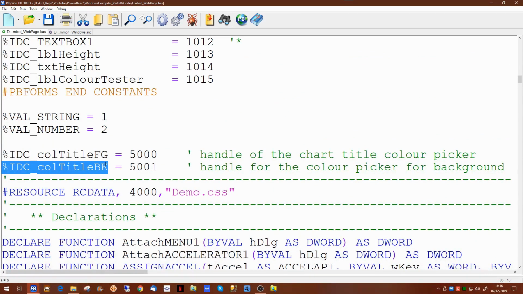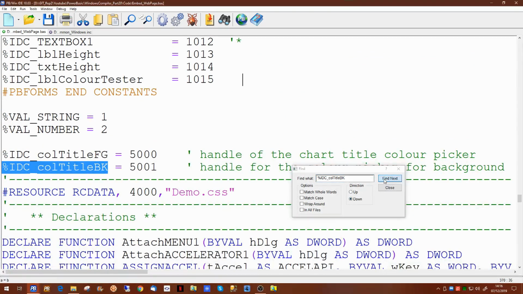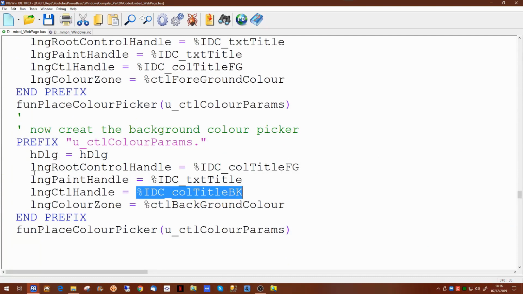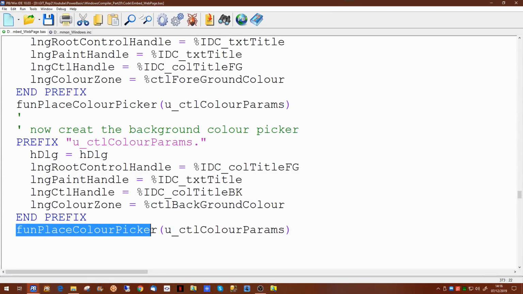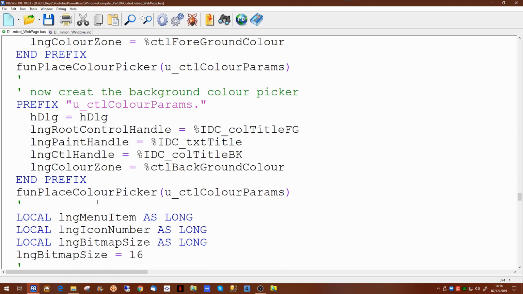This is a constant for a new button. So we have a look at that now. And having set these variables up, we're calling the same function with the same parameter, which has been handled by the same event handler. So if we try running the application now,